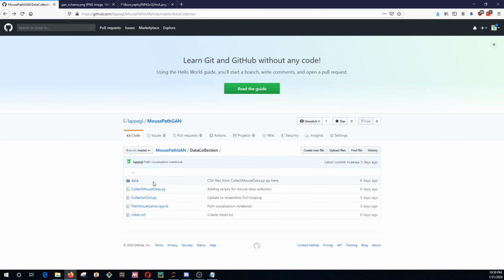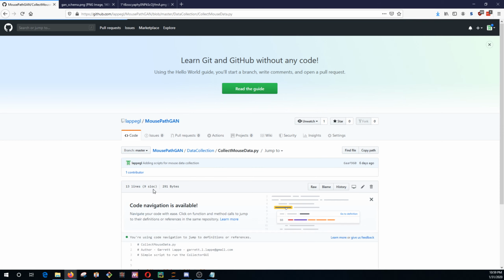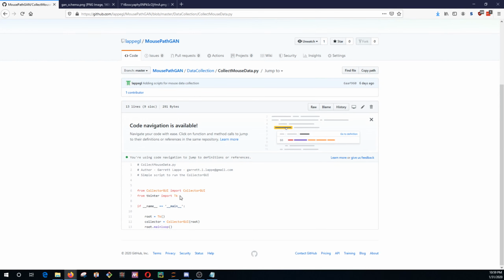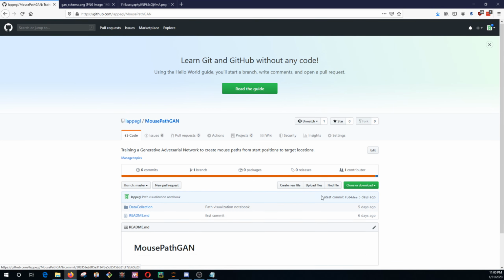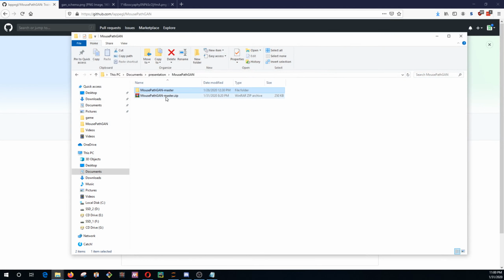Then this script here will actually kick off the data collection process. So to actually run the data collection script, you'll run this Python script. So how will you actually use this? Going back to the root level of the repository, you can download the zip, and that will give you this file here, which you can unzip, which I've already done. Go inside into data collection,